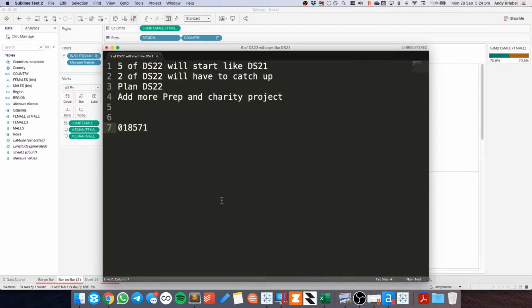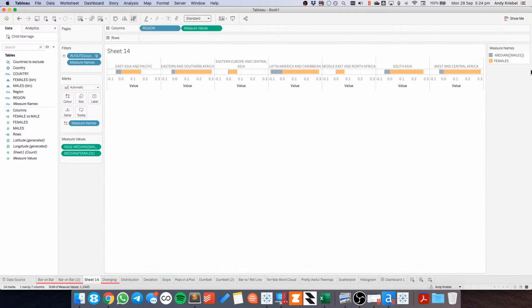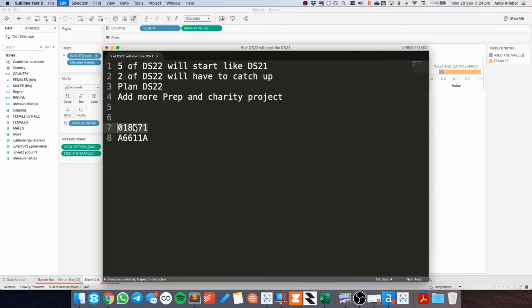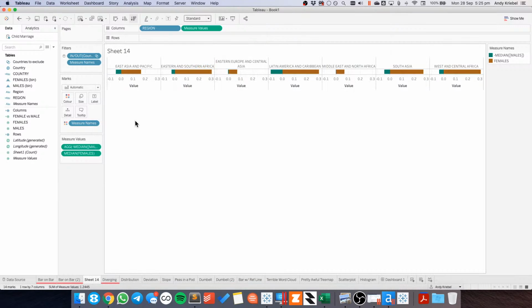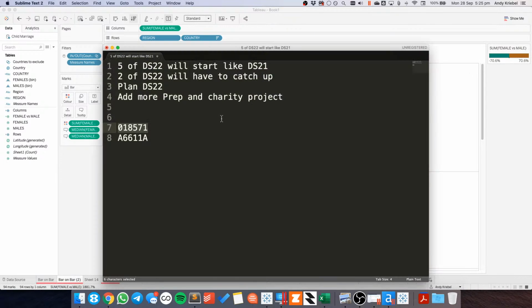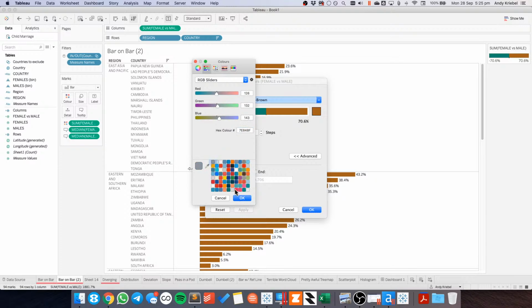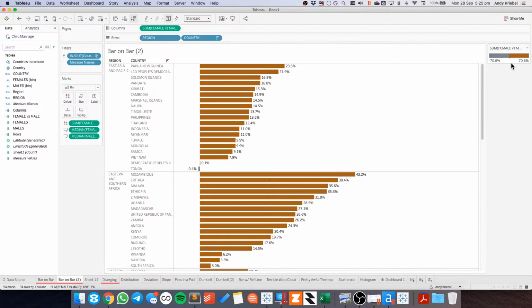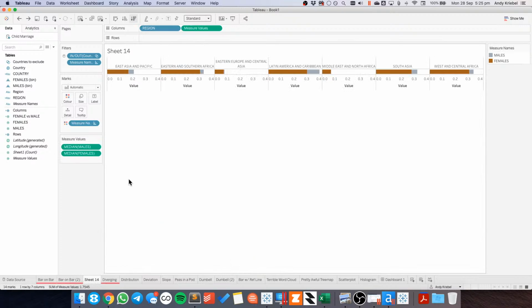I get to the formatting, which is going to take forever, but hopefully this idea will come together. So if I change these colors now, so I want the males to be the green. Okay. All right, so let's switch this then. Let's make this males. And if I just use the brown and the gray. Okay. So what I'm thinking now is if I take measure names and I put that onto the,